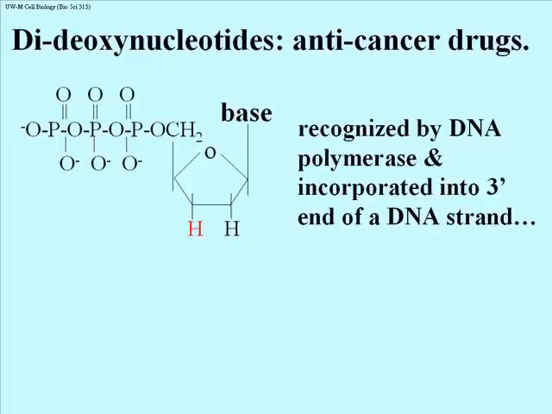Among the various chemotherapies that are intended to attack the ability of cancer cells to grow and reproduce and replicate their DNA, these are things that the cancer cells do more so than other cells. So if you target replication of cancer cells with some kind of chemotherapeutic agent, you can slow down the growth of tumors. And so the idea here is to look at this molecule and see why it is a cancer